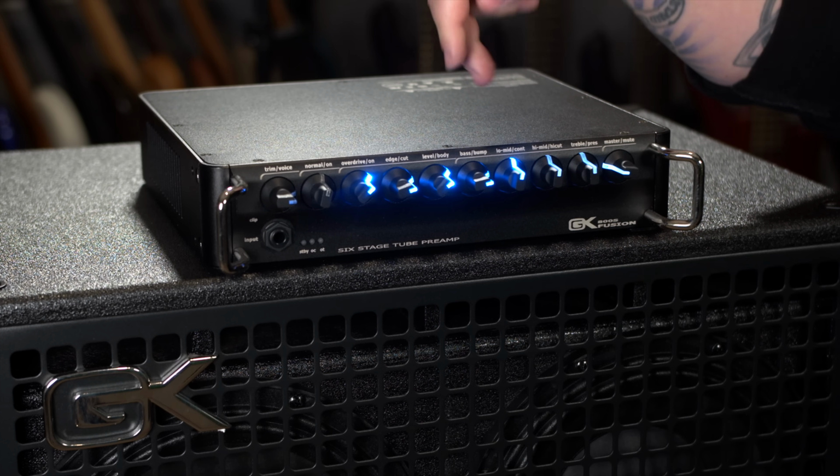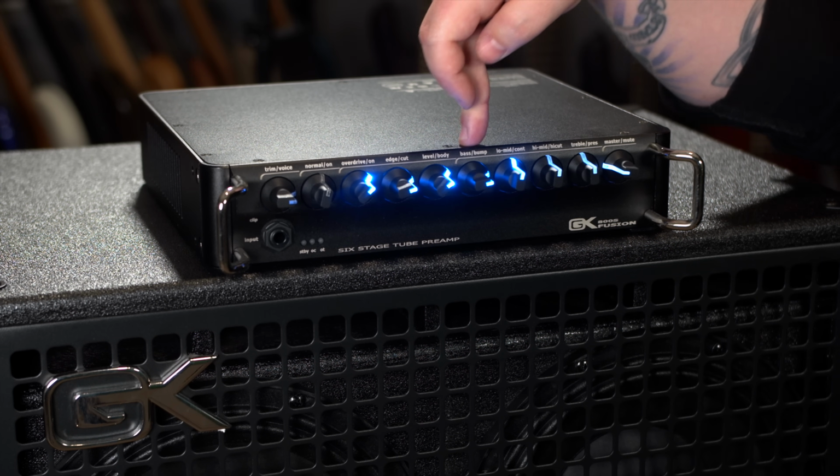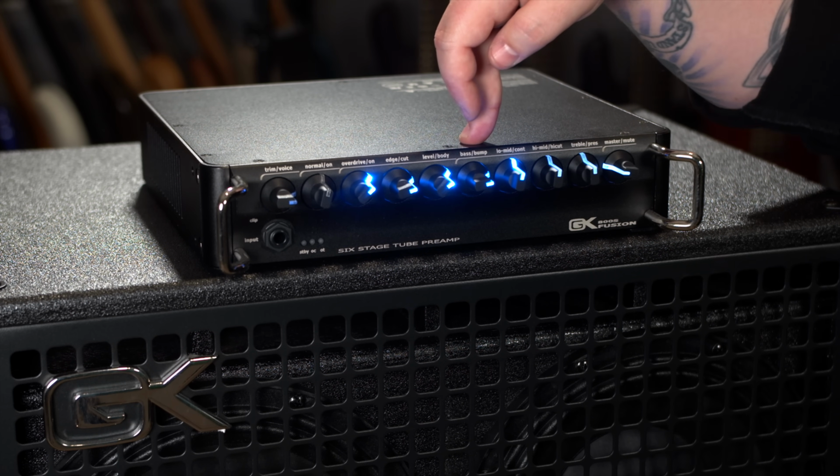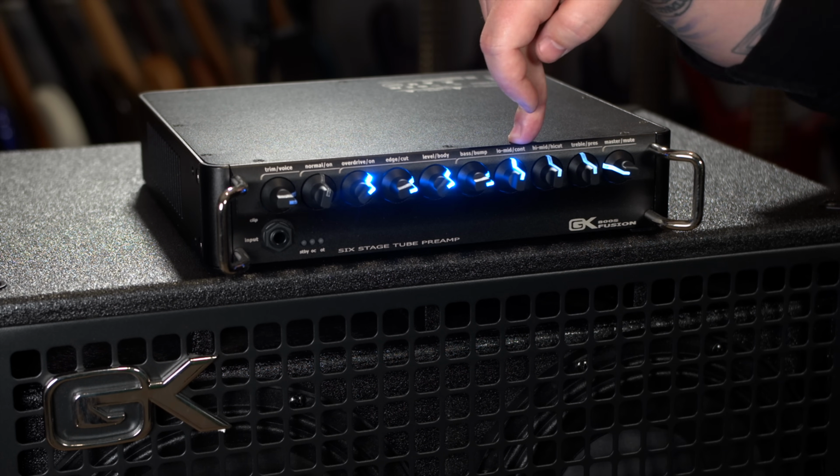Now, if you've listened closely to the Saint Anger album on a good system, love it or hate it, there is a wealth of low end on that record coming from the kick drum and the bass. So I've tried to kind of recreate that here. Bass bump is on for those extended frequencies, and it's been turned up so we can have more of them. Low mid at noon with contour engaged just was a perfect way to get out of the way of the